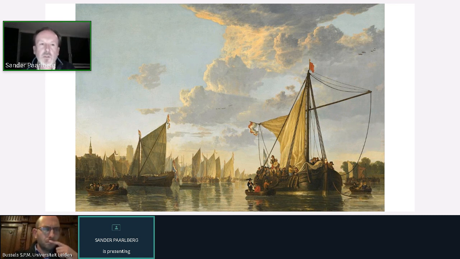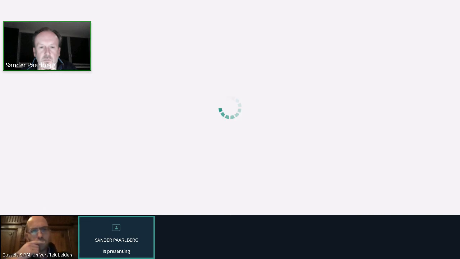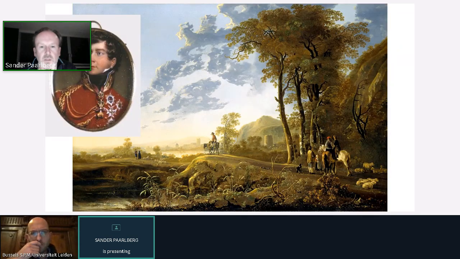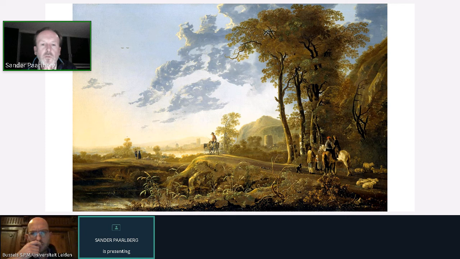But there are no real sources that tell about what they actually saw. There are some ideas about Constable, for example, being influenced by Cuyp. If you look at, is this painting still visible? This painting from the Royal Collection, the foreground, this type of foliage, which looks like, with all the highlights, like Cuyp used his brush